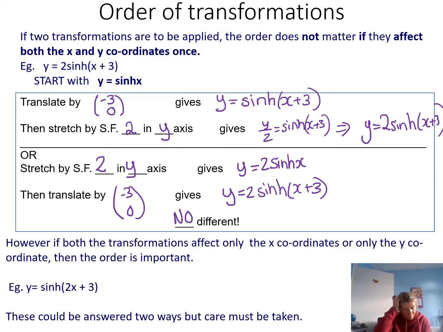However, if both the transformations are affecting the x coordinate, or they're both affecting the y coordinate, then the order is important. We have to be a bit careful. Sometimes you go the right way round and you don't have to be too careful, but if you go a different way around, you have to be careful. So if we look at this one, for example,